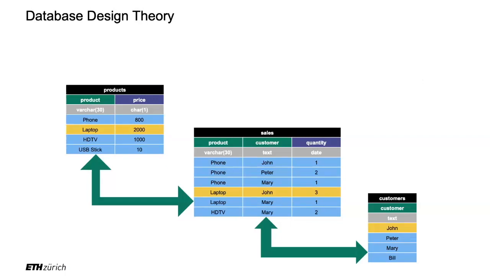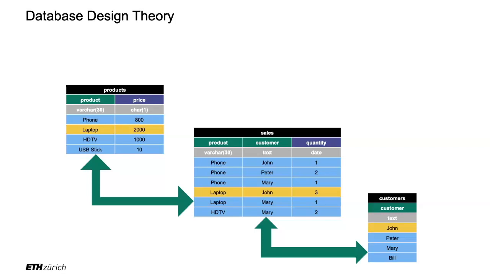And then we looked into database design theory, which is directly connected to the idea of joins. Database design theory is a set of guidelines and principles that help you design good schemas. And this is done with normal forms. There's all kinds of normal forms, the first, the second, the third, the Boyce-Codd, the fourth, the fifth, the sixth. So there's plenty of normal forms. And the higher the normal form, the better it is. But also the more challenging it is to actually